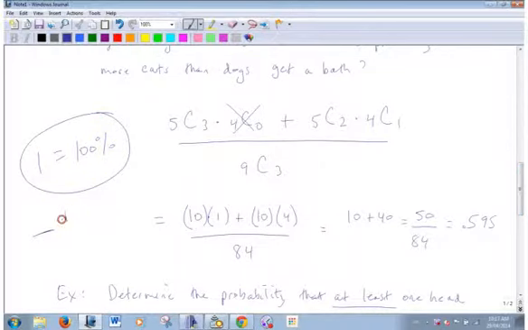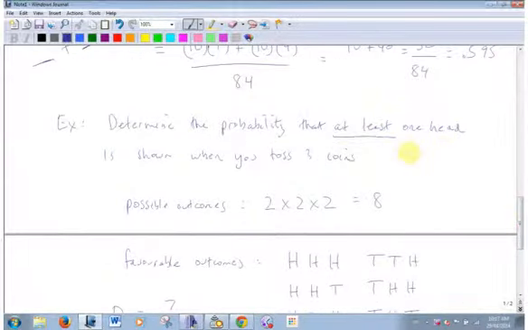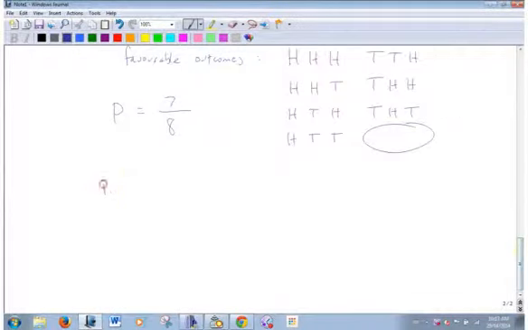So this always has to add up to 1. Okay, so instead of saying at least 1 head, what's the complement of at least 1 head? I'm going to throw my coins and get no head. Okay? What's the odds of getting no heads? There's only one possibility for getting that. Okay, so there's a 1 in 8 chance I'm not going to get a head.